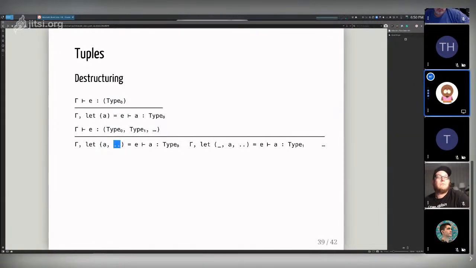So this is a way of binding to the first field. And the first field, again, is type 0. But let's say I want to ignore the first field and get the second field. I can use this, and we're going to get into this a bit more later on. So I just want the second field, and I'm going to ignore everything else. And that should give me the type of the second field.